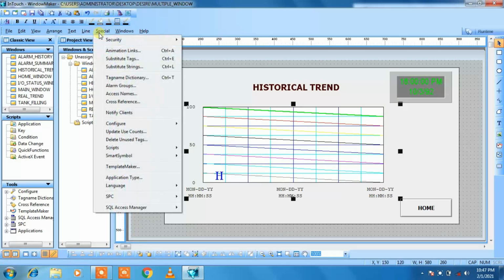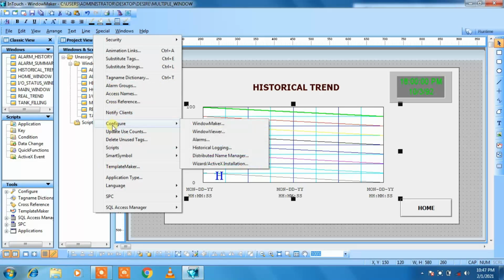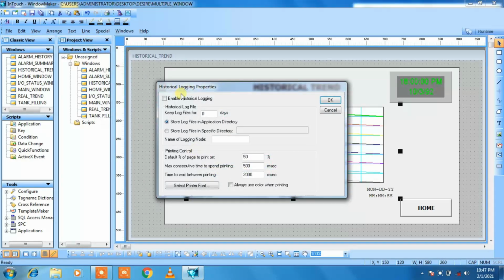go to the special, there is a configure. Then go to the historical logging, then click on enable historical logging. Then you can keep log file for 1, 2, 3 or many other days. Let me select 1 day. You can choose any number of value over here.